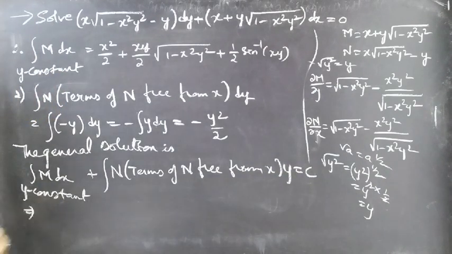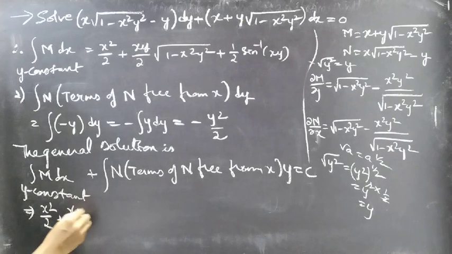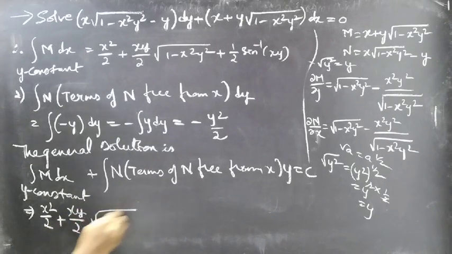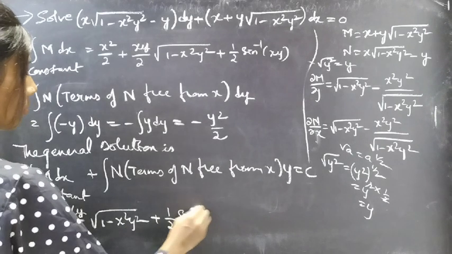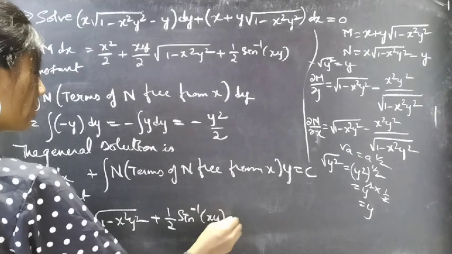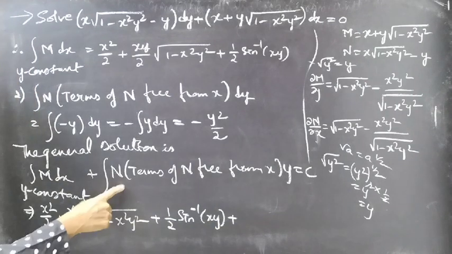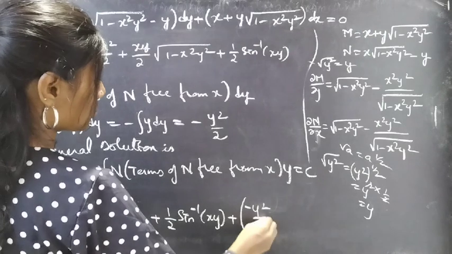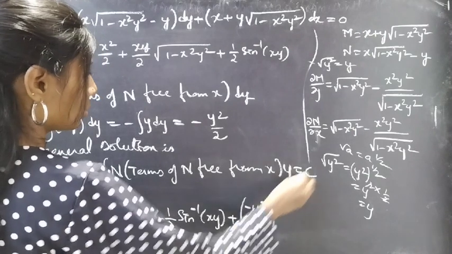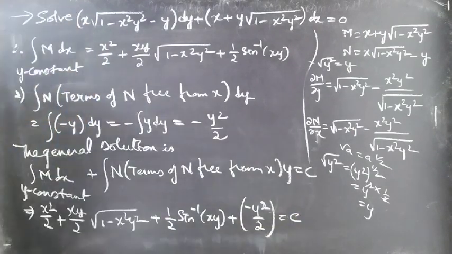Then the result obtained from the first integral is x²/2 + xy/2 into √(1 − x²y²) + 1/2 sin⁻¹(xy), plus the result obtained from the second integral is −y²/2, equal to c,